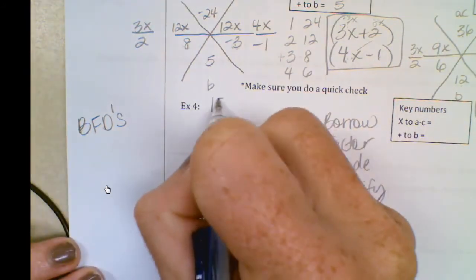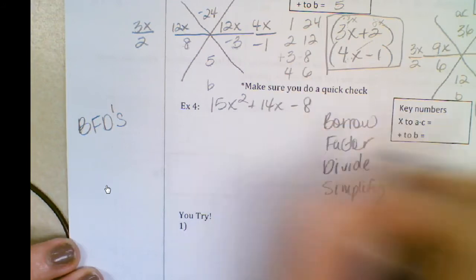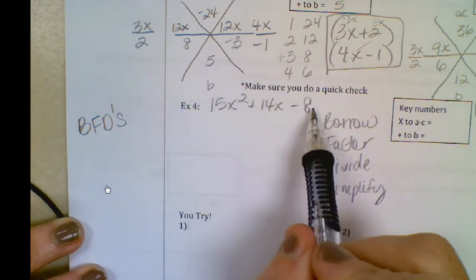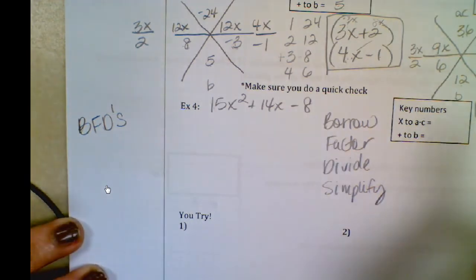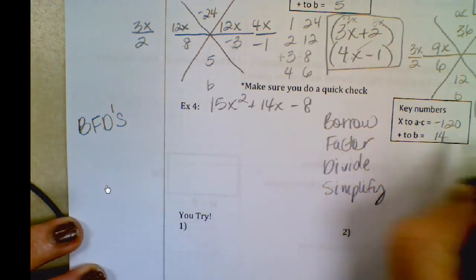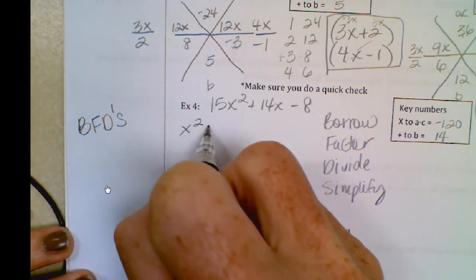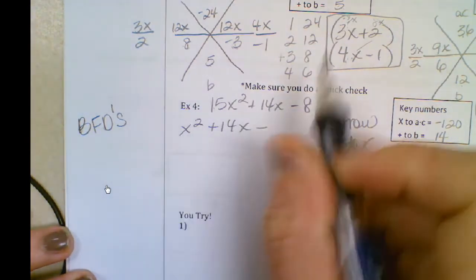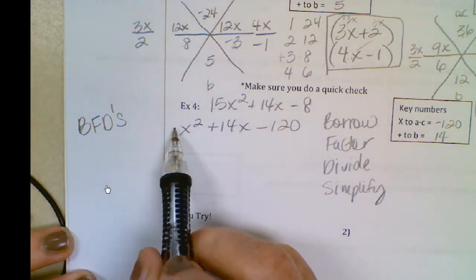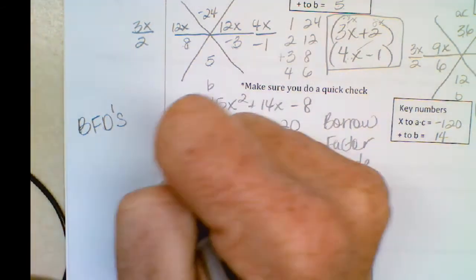Okay. So for our example, let's use 15x squared plus 14x minus 8. So the first thing I'm going to do is borrow that a and give it to c. So I'm still multiplying my a to c, so I get negative 120, and then my b value is 14. So once I do that, I have x squared plus 14x minus 120. This makes my factoring easier because now my a value is just a 1. Makes it much simpler. So now I'm going to factor,